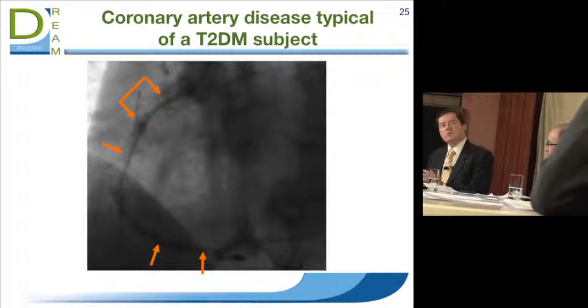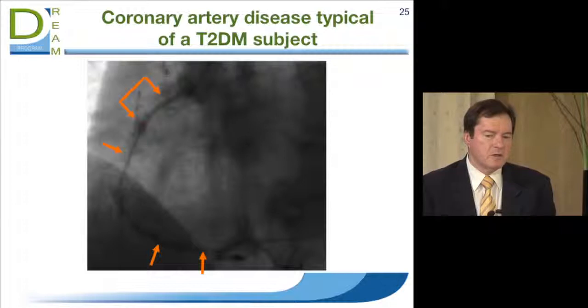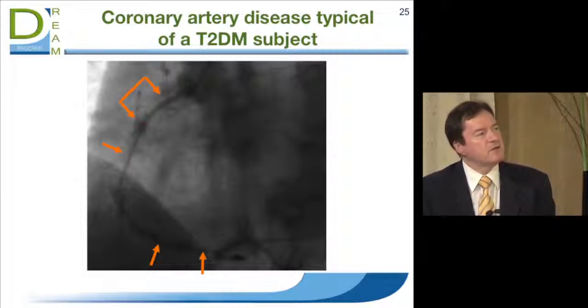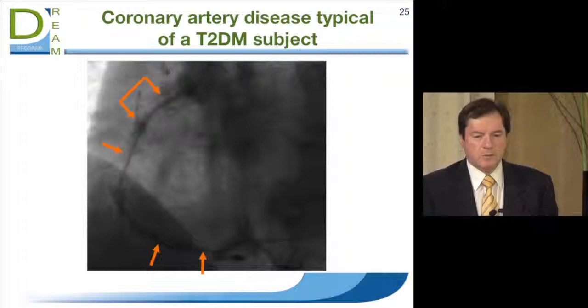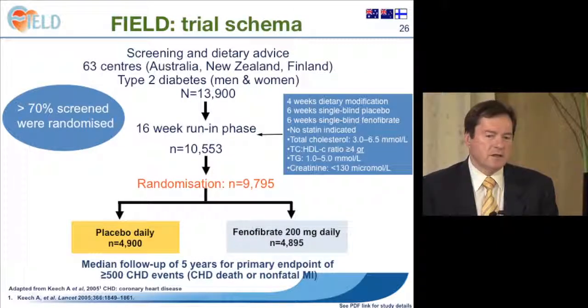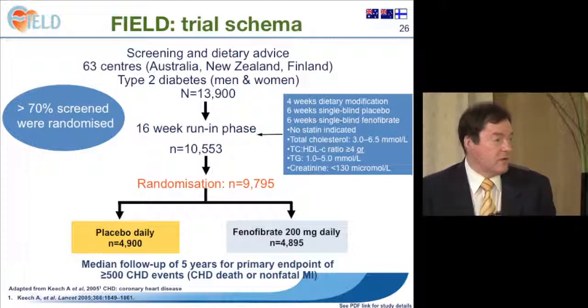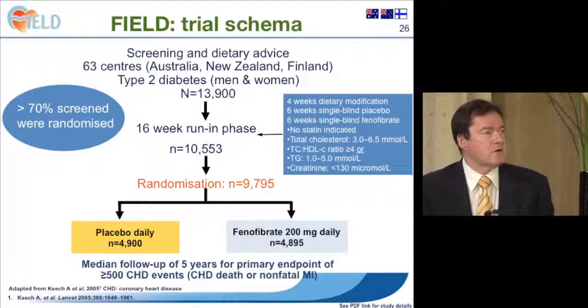So with that in mind, we felt it was important to tackle the issue, specifically in patients with type 2 diabetes, where in fact there is a typical dyslipidemia, as you've mentioned, of low HDL and high triglyceride, whilst in fact the levels of LDL cholesterol in the plasma of patients with diabetes are really very similar to people without. So it makes sense to look at a fibrate, and the FIELD study was designed to assess the value of a fibrate in around 10,000 patients compared with placebo therapy.